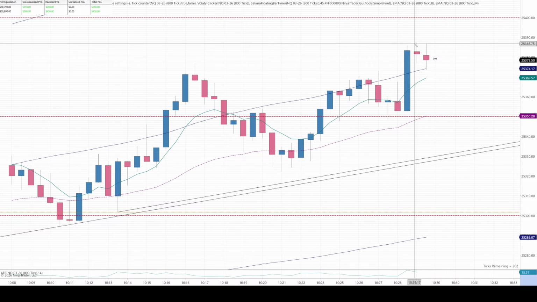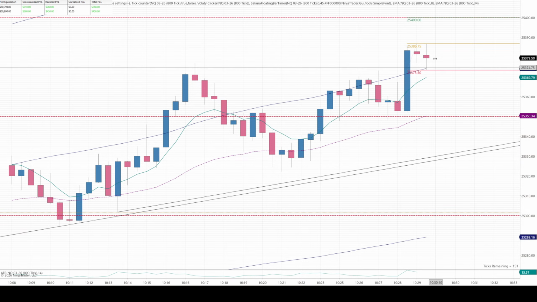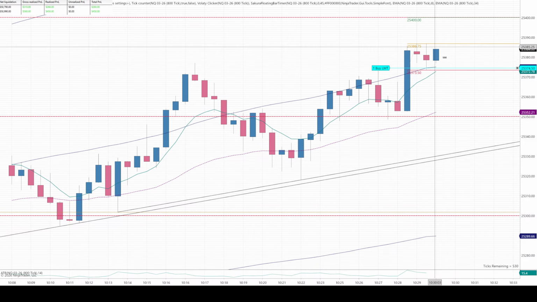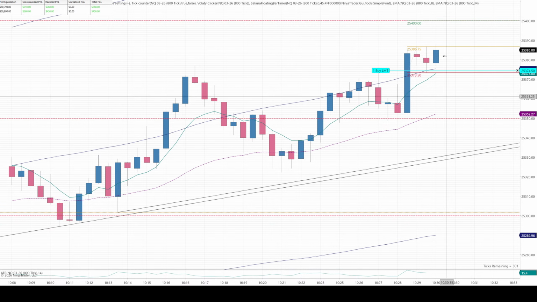Problem with this candle though is that its measured move is, oh, it's right at 400. It might be okay to take it. So I'm going to try to buy it here at the standard deviation level and then hope we get a bounce up to test 400. And if I don't get the pullback to get me in, that's okay. It's fine. You're going to miss a lot of trades. That's part of trading.